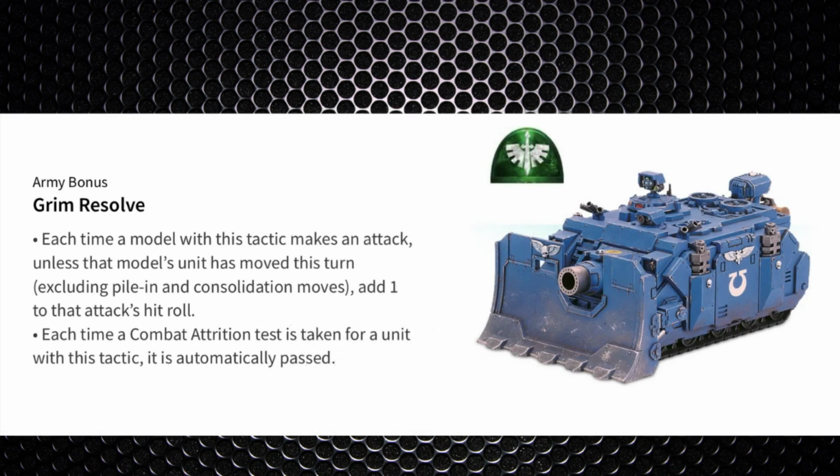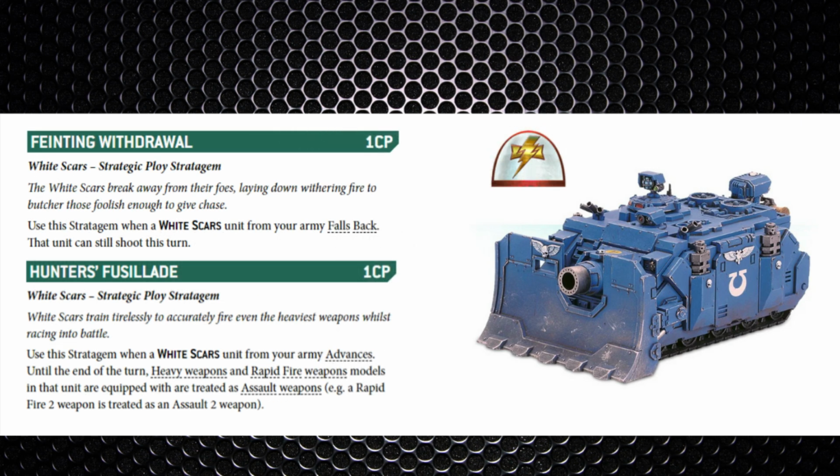got Grim Resolve for that +1 to hit if your tank didn't move. For the first turn this probably won't be doable, as you need to get within 24-inch range to target something that's actually worth firing. Other than that, I don't think it's worth taking a Vindicator for the Dark Angels force. The White Scars chapter tactic has no real use for the Vindicator, but there are a few stratagems that can